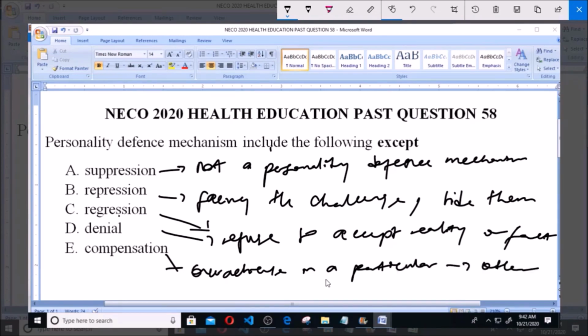So they compensate for other failures in another area, that's compensation. So now from this brief explanation, you see that repression, regression, denial, and compensation are all